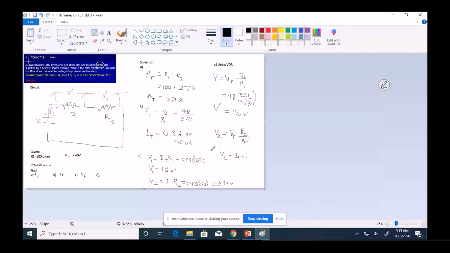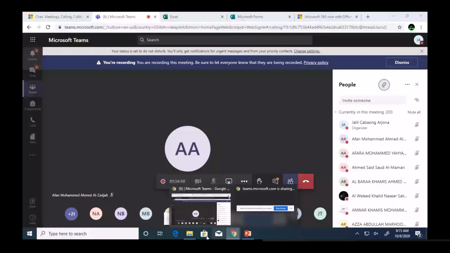Next example, just go with this solution. Next example will be about parallel. So I will close this one. I am done with this. Next is solving for the parallel problem. This is from another section. I will delete this one.